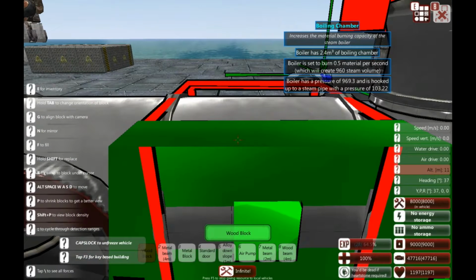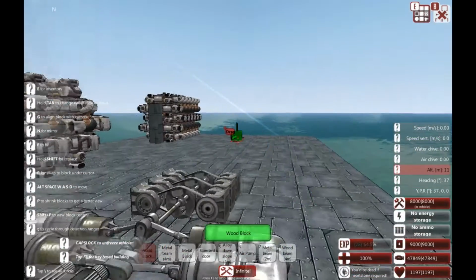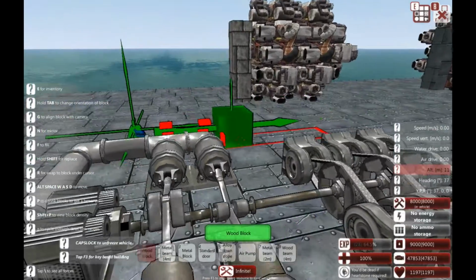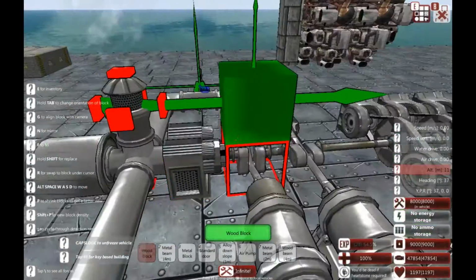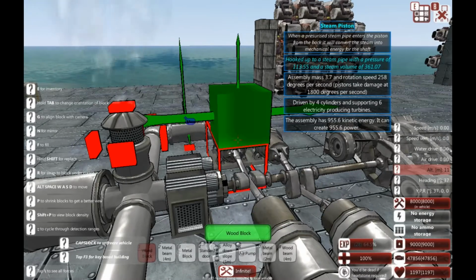So if I look at the end one here, we can now see our steam pipe pressure is over 100. It's not going to go hugely over 100, so it'll be about a quarter of the power. So for this small engine, which has a bit of steam coming out, which is cool, we have...